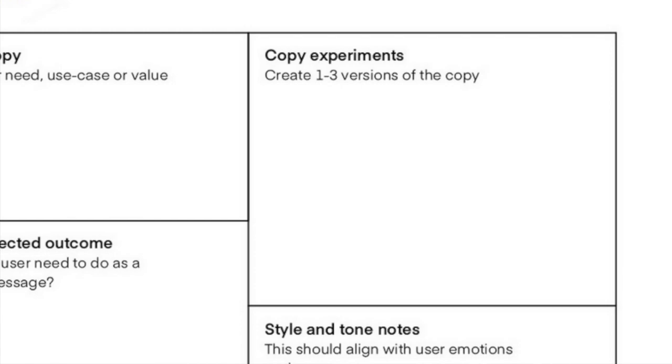Since I was new to the UX writing process, I used to come up with one version of the copy and be done with it. But having this prompt to think through the copy experiments made me want to come up with different versions of the microcopy and then choose the one that best met my requirements. So step one of my UX writing process is to step back, fill out the canvas and think through the user experience for each screen. Once I figure out the big picture, then I can start focusing on the individual words on the screen.